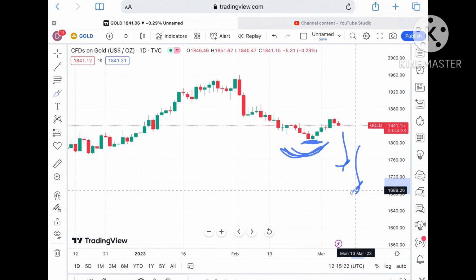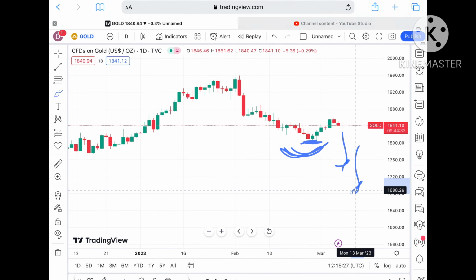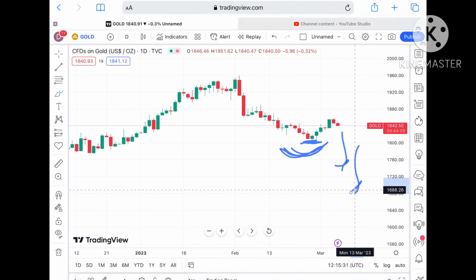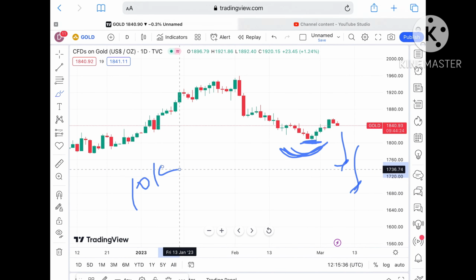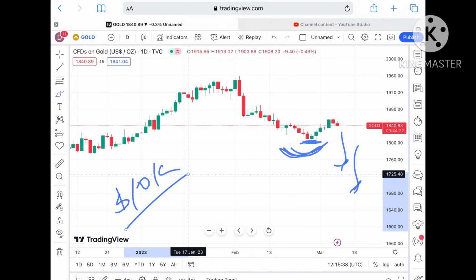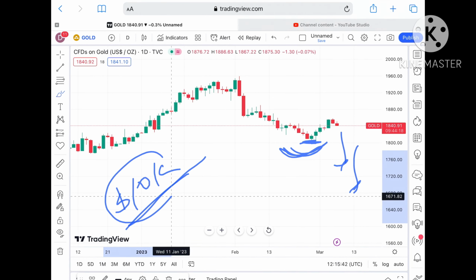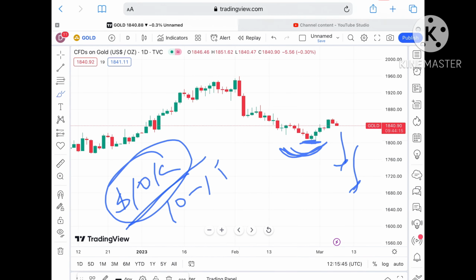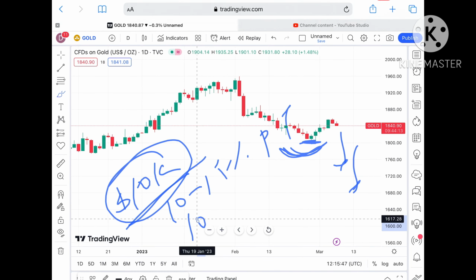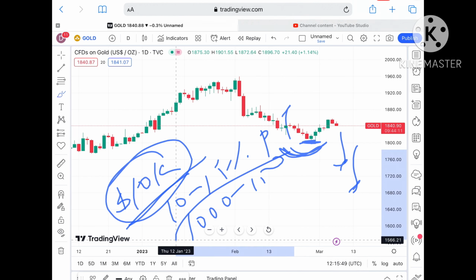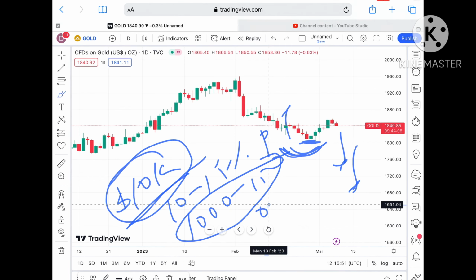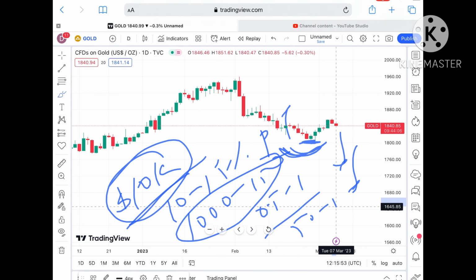Now you have to understand something. Why do most traders lose money? Because they try to recover it. They do not follow the proper psychological approach. I'll tell you some of the things I teach in my workshop. Suppose you're trading with $10,000; some might be trading with 10k, 100k, and some might be trading with 2k, 3k. So suppose you're trading with $10,000, try to trade with 10 to 15% of capital per trade, that is 1,000 to 1,500. Just an example, and the risk should be 0.5 to 1%, that is $50 to $100.